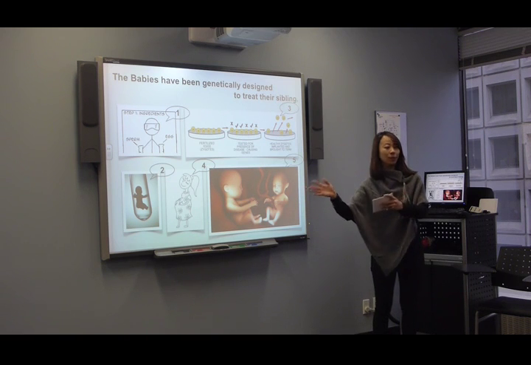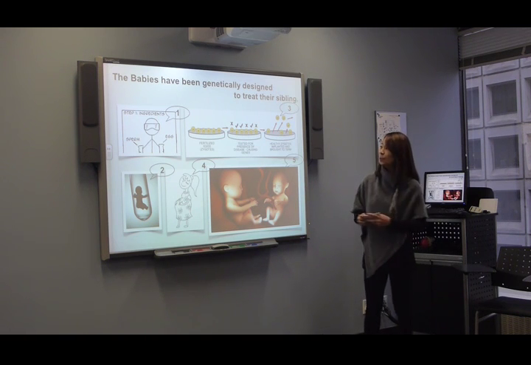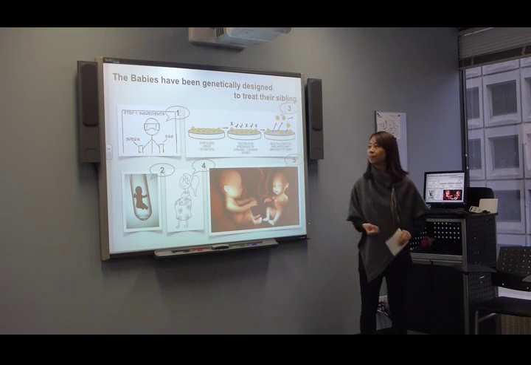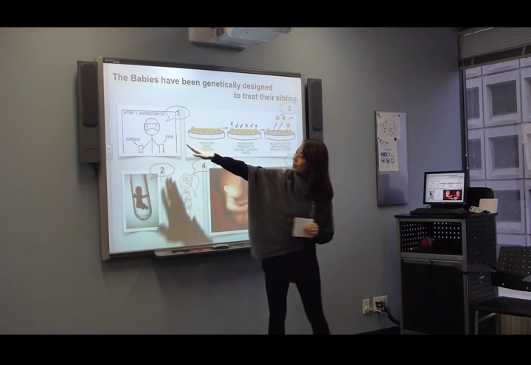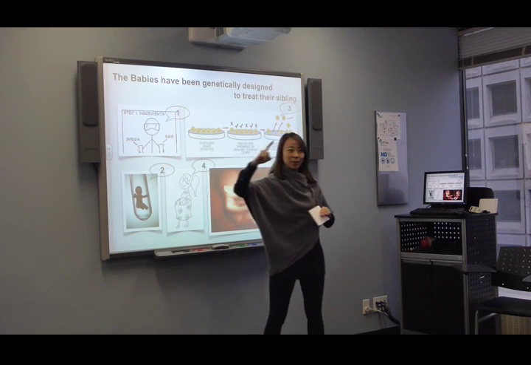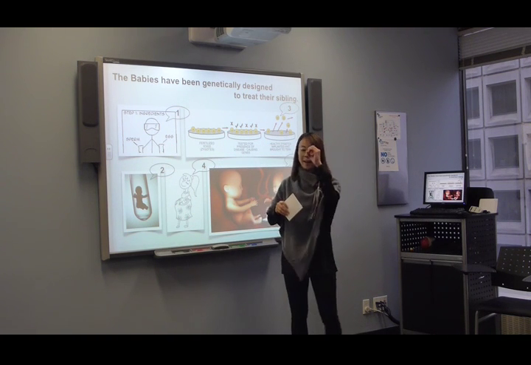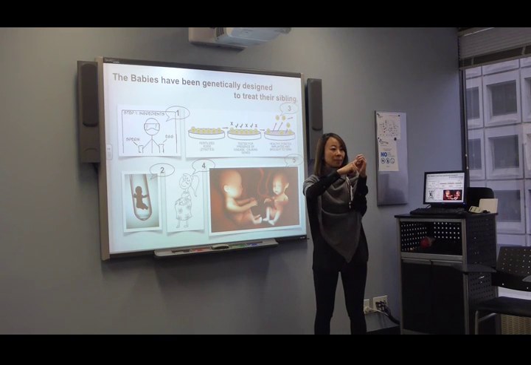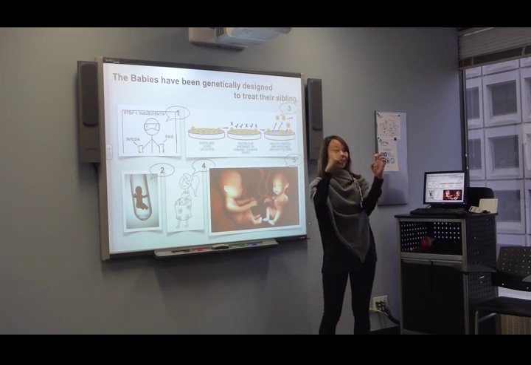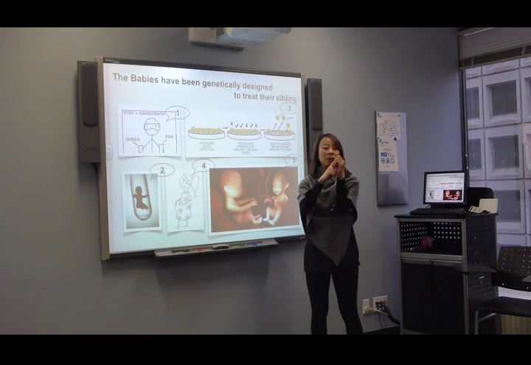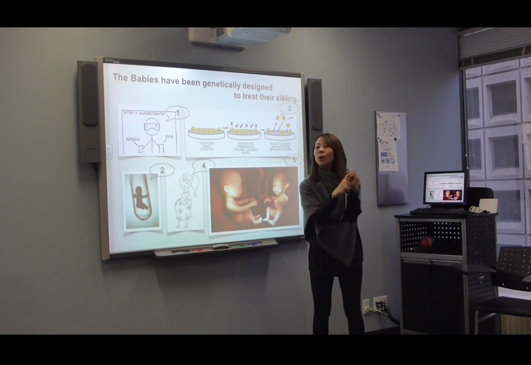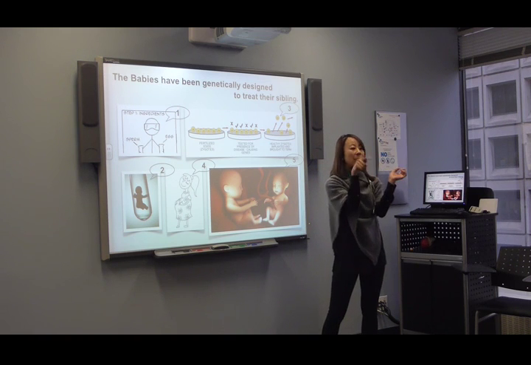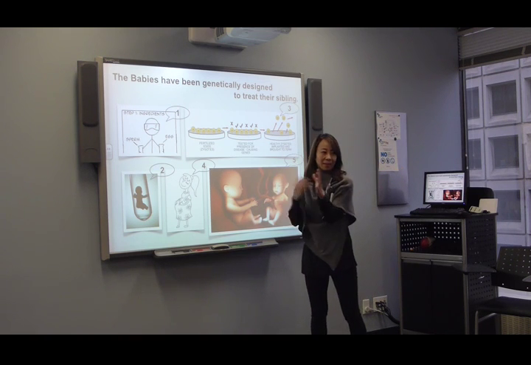There is a child who has a genetic disease. So the father and mother go to a special hospital. The doctor takes the father's sperm and the mother's egg, and the doctor fertilizes them. The sperm and egg are fertilized. We call it a fertilized egg or embryo. Simply, an embryo becomes a baby.